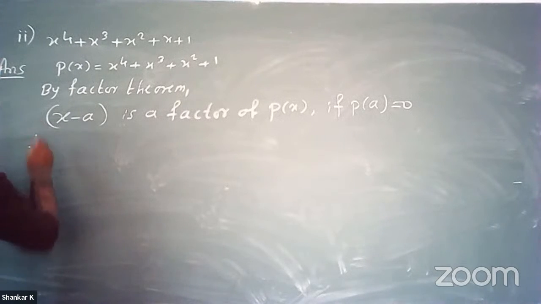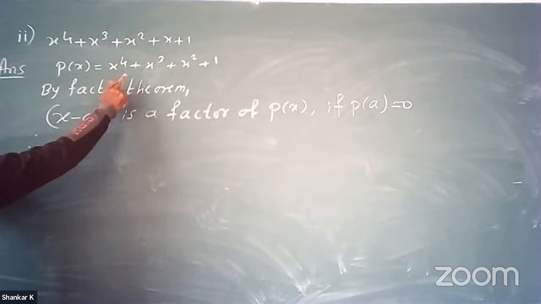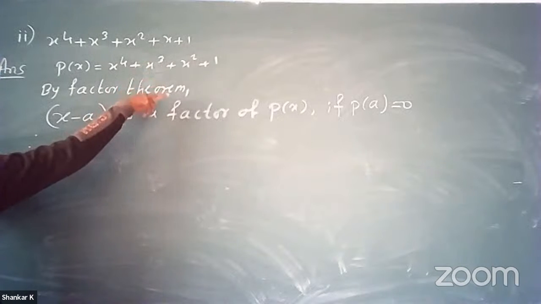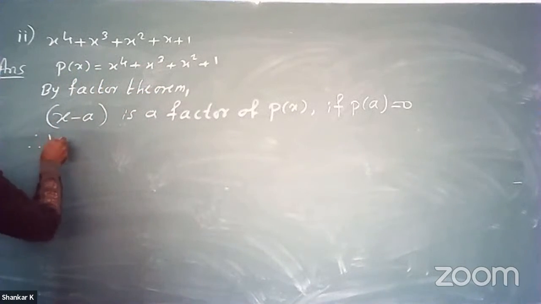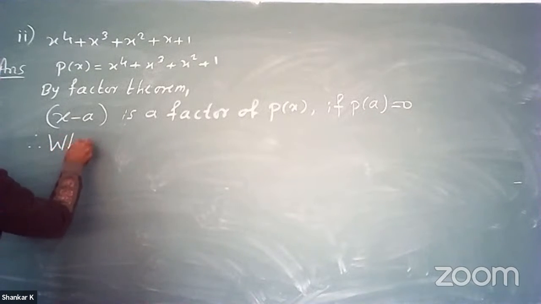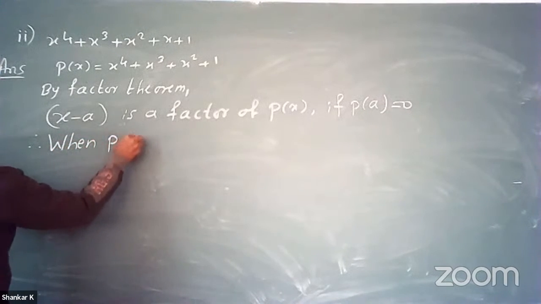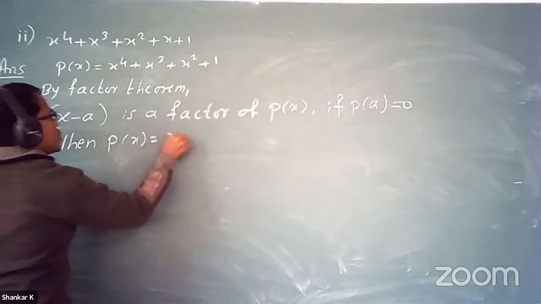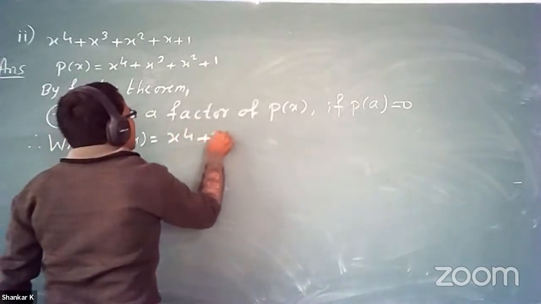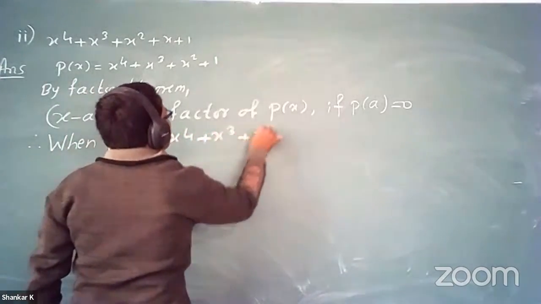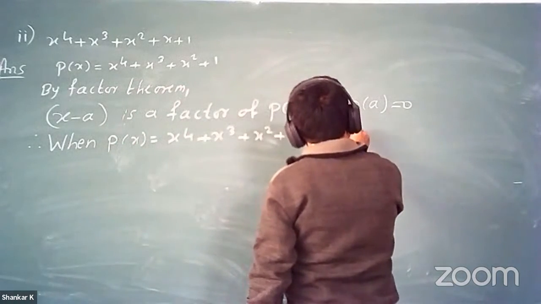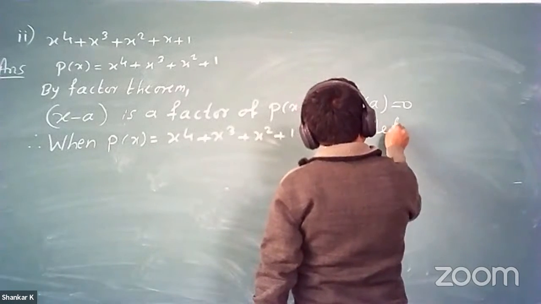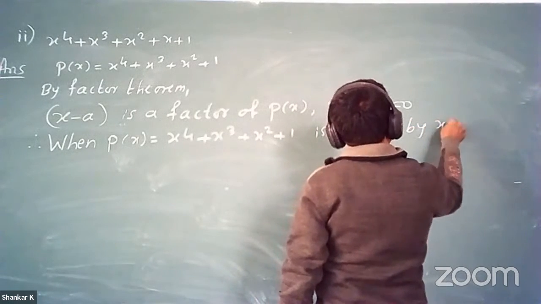So when p of x equal to x raised to 4 plus x cube plus x square plus x plus 1 is divided by x plus 1,